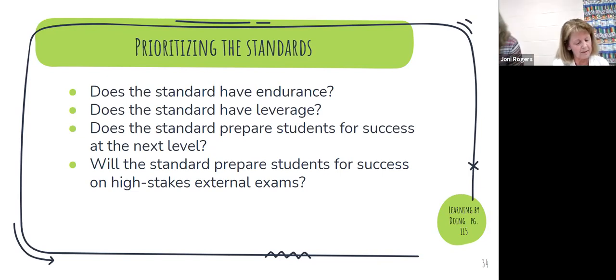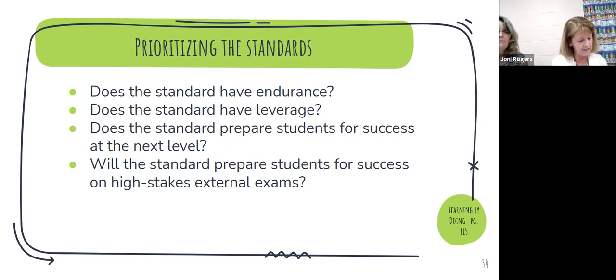So we also must engage in vertical articulation with our colleagues above and below the course grade level. So we do have a preschool in our building. And so this year we're going to be adding our preschool in our essential skills list, which I'm going to show you later on a different slide. So we work closely with the first grade teachers, and then we'll be able to pull from the preschool teachers in our building.